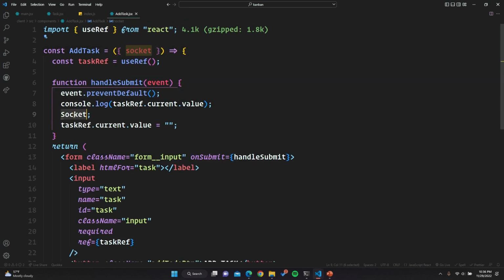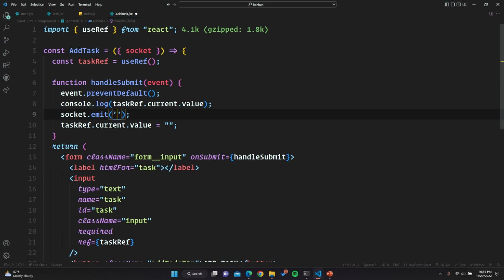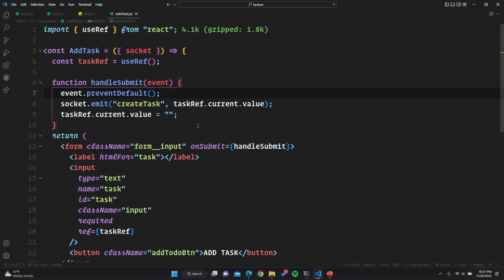So here we are going to get the socket, and we're going to emit an event. Let's just do this with create task with this value. All it needs is this. So get rid of this console log right now,